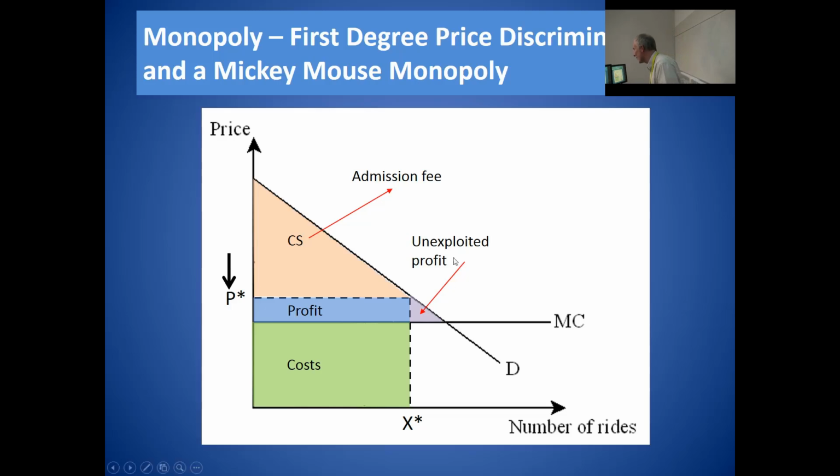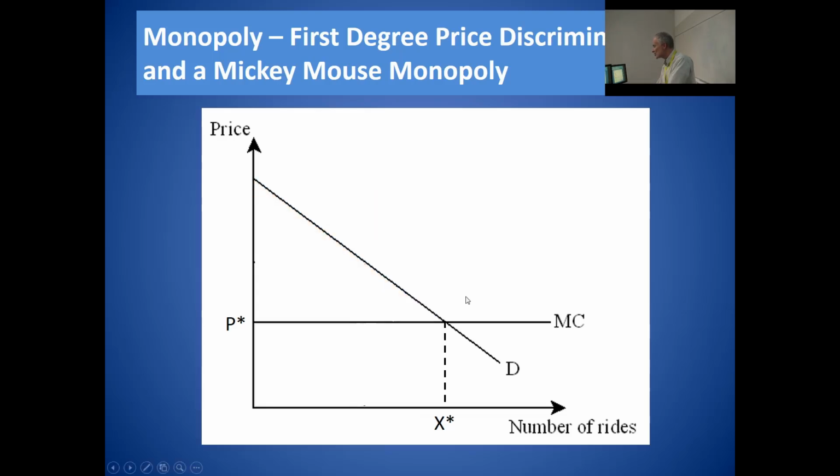But there's a little bit extra that can still be exploited, that part there. And that will continue. Hopefully you can see what the scenario is. That reduction in price will continue until price is equal to the marginal cost of provision. So once price is equal to the marginal cost per ride,